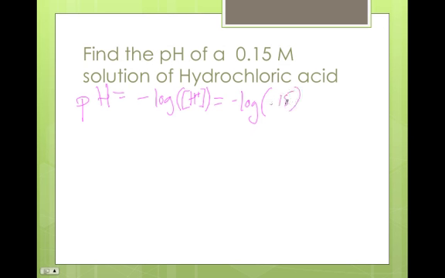All right, so all we have to do is plug this into our calculator, and we're using log base 10, so you don't need a fancy log with an E or anything like that. It should just be the plain old log that's on your calculator. So the log of 0.15 is negative 0.824. Now, I had a negative, so I need to bring that down as well, so we're going to have to do negative times this, and so our pH in this case equals